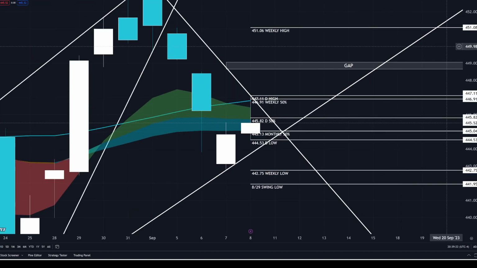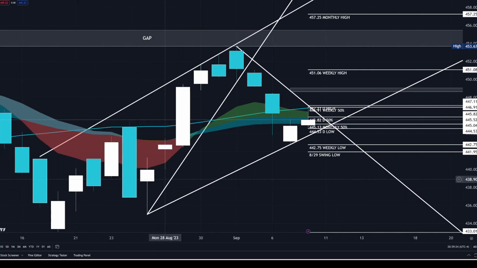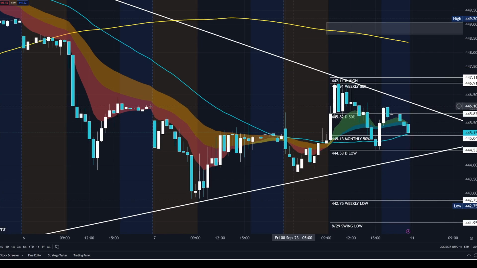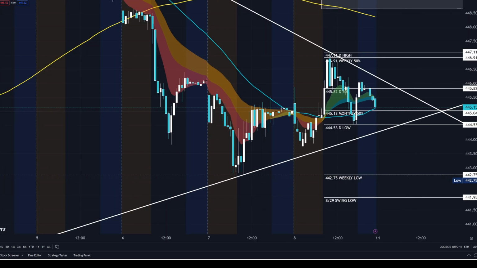Another thing to note is that we broke out of this rising wedge pattern on the 1st of September, and now essentially we are in this downward trend channel. Let's go to a smaller time frame and see what we see, right? So we are in this wedge right now, right? We have this wedge going on,